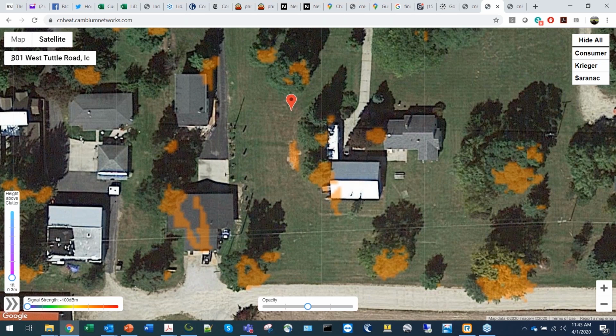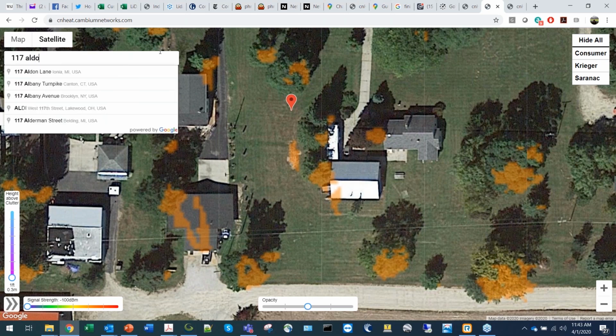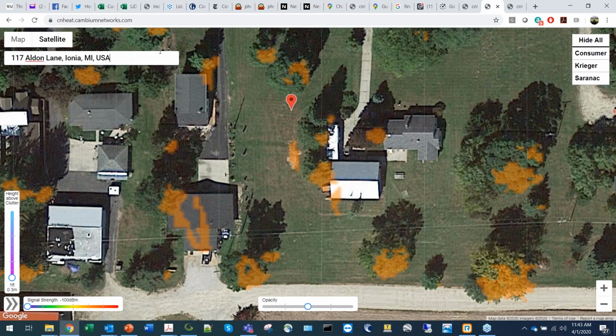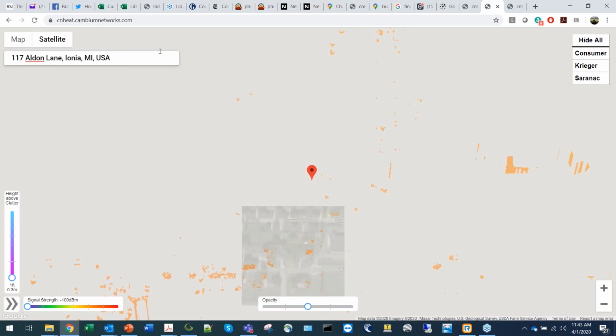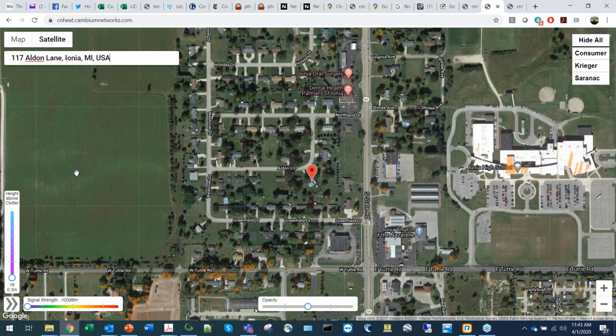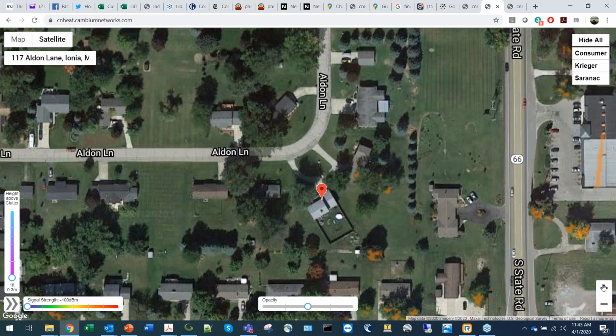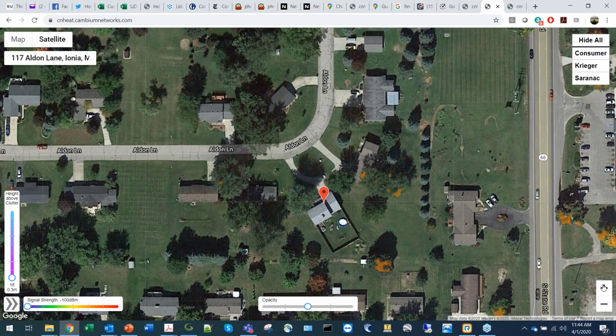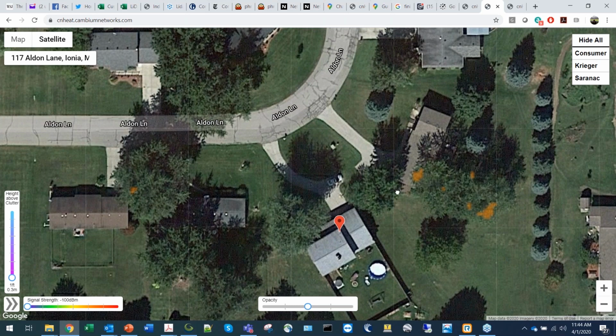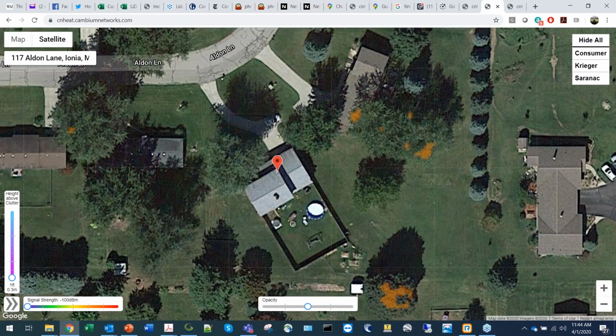Let's go to another example here. We go to another address and we hit it, and cnHeat zooms into this address. And if we go to here, let's zoom into this same home, this new home. And when we have the 1 foot, nope, there's no coverage on the building. So it's like, well, how can we mount this person? So let's do it different.